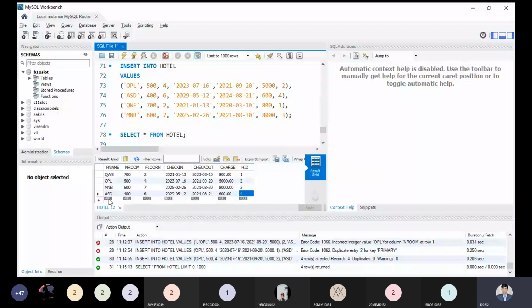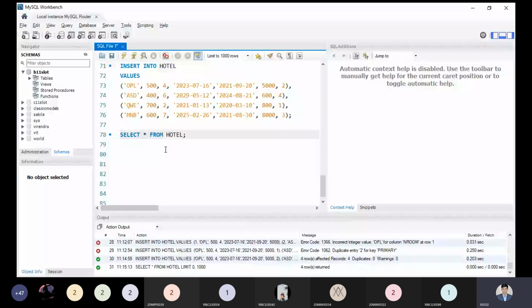And this can be done after applying the constraint. Before applying the constraint, it will not show over here. So this is a point we have to keep in mind properly. Constraint is a more important part. This is the primary key, and this is syntax which will come into the DDL, but this is a required portion we have to keep in mind. Okay, so is it clear to all right now? The point I'm discussing over here, is it clear, or is there anything you need to ask? Please ask right now.